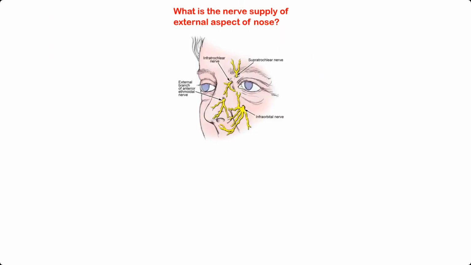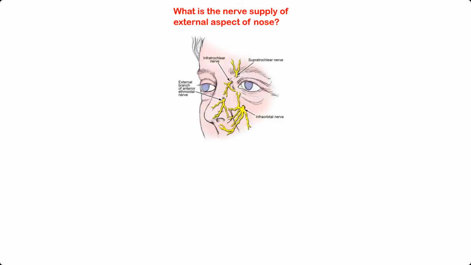Ophthalmic branch. So you have 4 nerves: supratrochlear nerve, which is going to the root here, infratrochlear nerve, then the external branch of anterior ethmoidal nerve, and there are branches coming from infraorbital nerve. Okay. So if you want to do a rhinoplasty under local infiltration, these are all the areas you have to